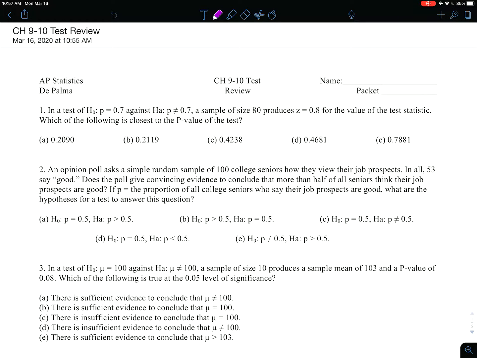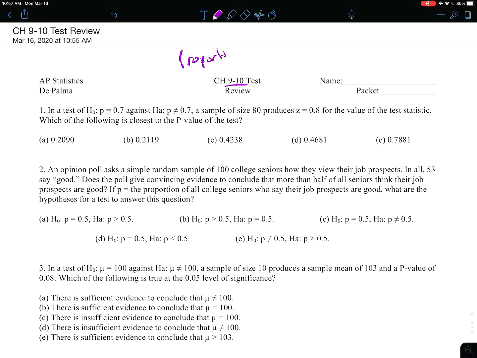All right, I'm gonna go through the Chapter 9 and 10 test review, and talk about the problems, the solutions, and kind of the thoughts I'm having as I'm reviewing. Now, remember that the Chapter 9 and 10 test is our